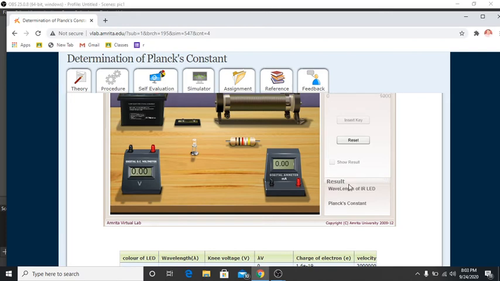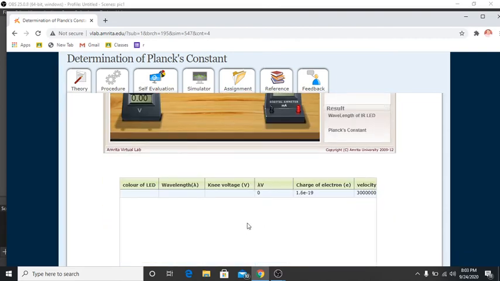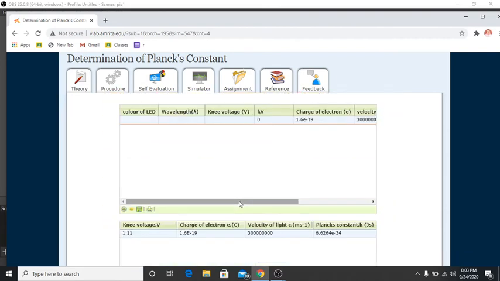Then there will be certain data generated, and using that data you will plot the graph, and you will get the turn on voltage. And after getting the turn on voltage for at least, you can say, 4 different color LEDs, then you have to plot a graph using these data. Then for this color of LED, there is a standard wavelength, and you get the turn on voltage. Then there will be a graph.